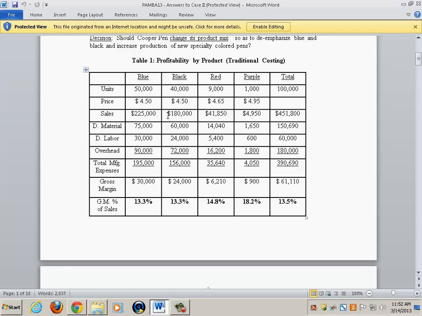So it depends. You have to make a decision whether one possibility